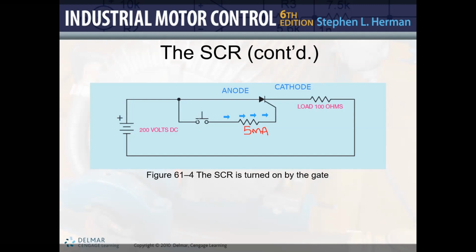The reason why this is a normally open push button is because you only have to push once and then you let go. Of course, you don't have to be holding all the time. And as soon as you do that, we are going to have a conduction. We are going to have a flow of current through the load. Now, that current will continue through the load until the only way, in our case, that we would be able to turn off the SCR is by